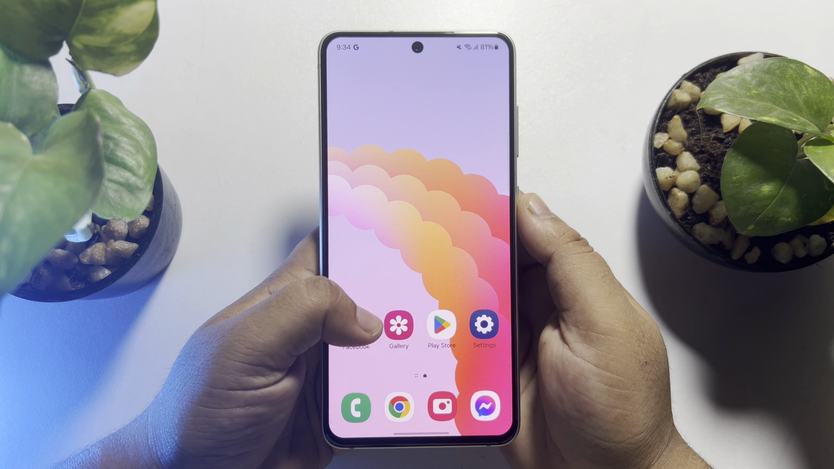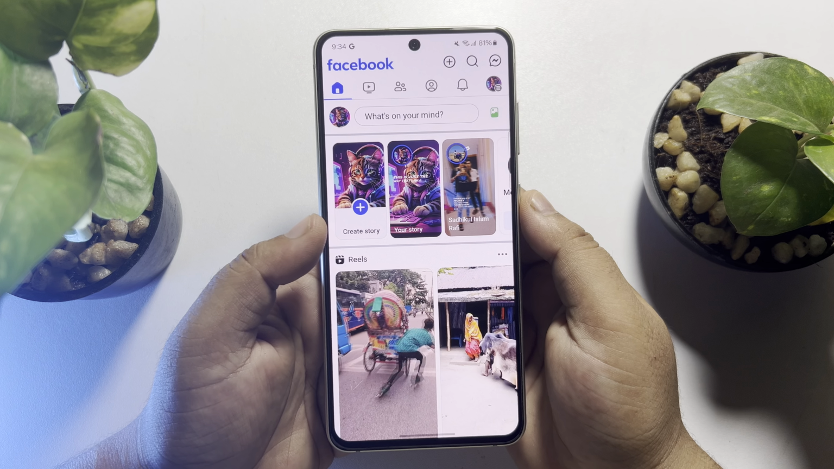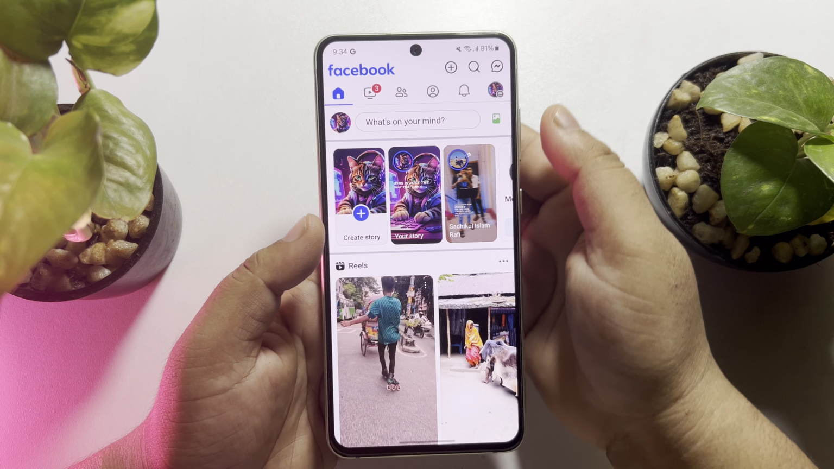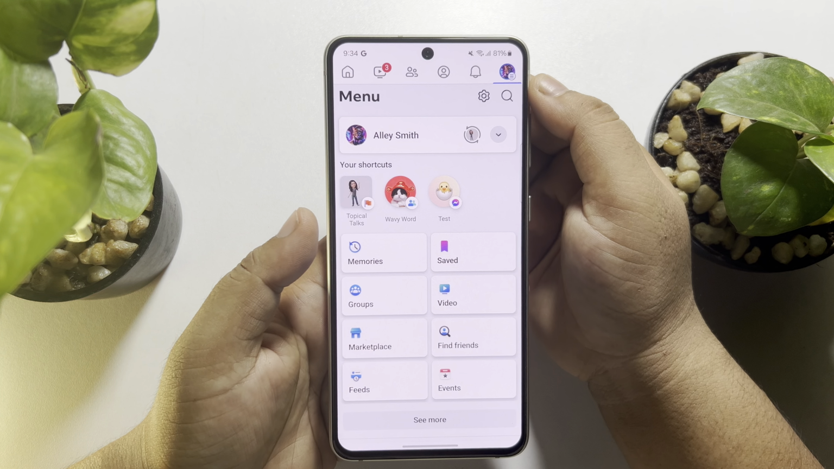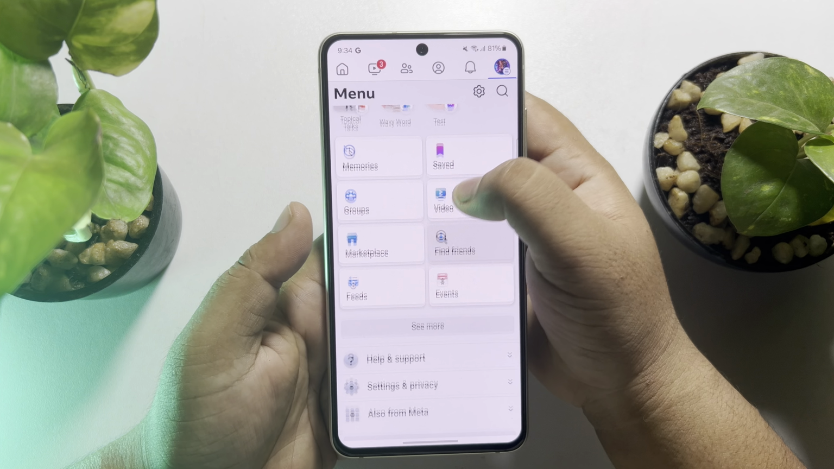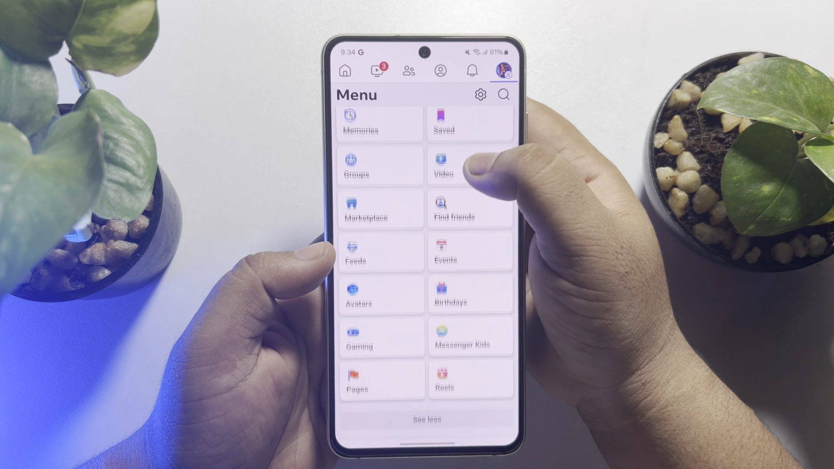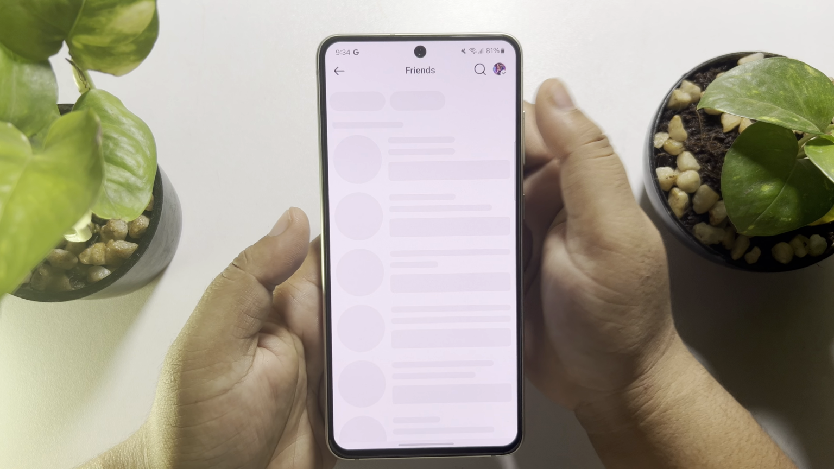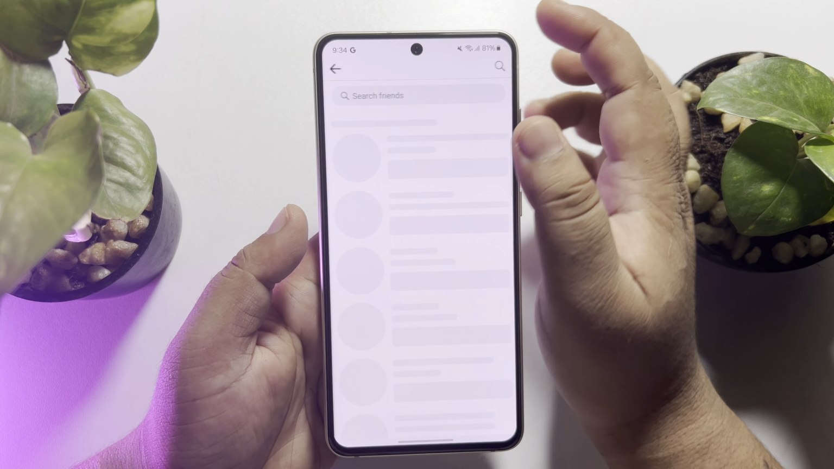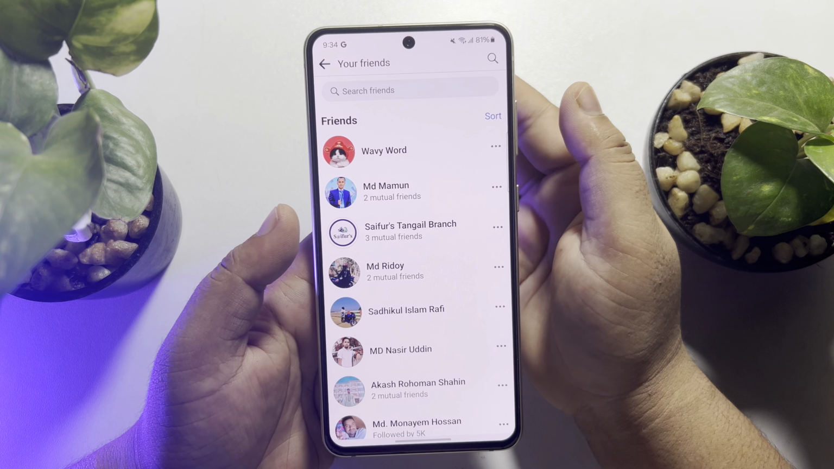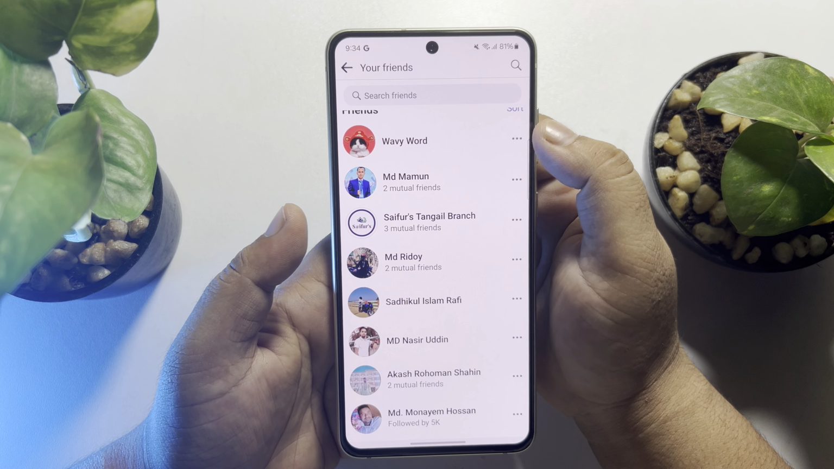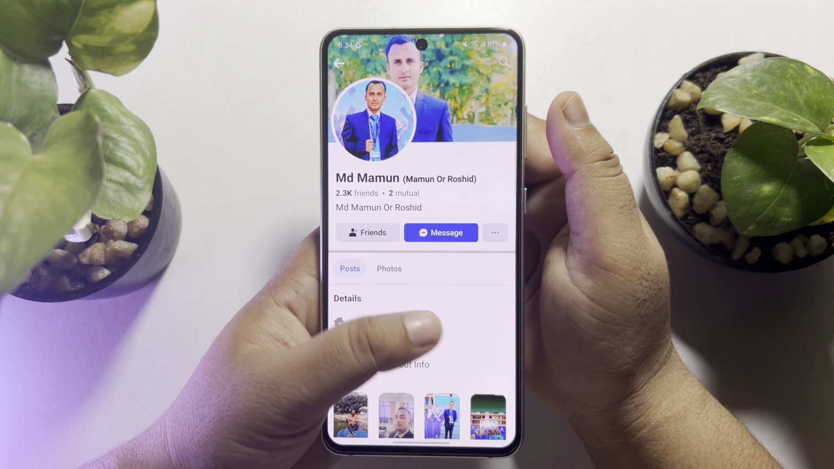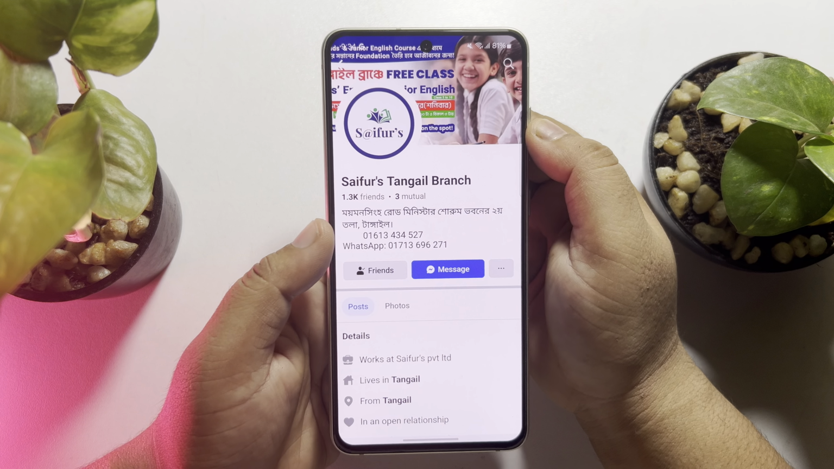Go ahead and launch your Facebook app. Now all you need to do is go to the Facebook account you want to restrict, or you can tap on your profile photo and here just tap on See more and tap on Friends or Find friends, and here tap on your friends and you will directly jump into your Facebook friend list. Now go ahead and search for the account you want to restrict, and now just tap on Friends